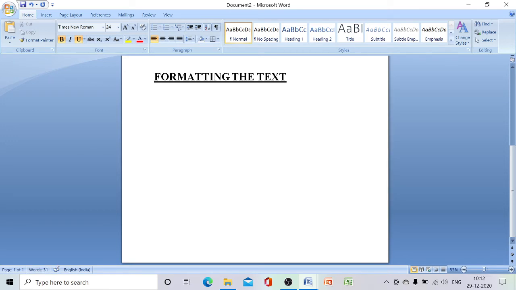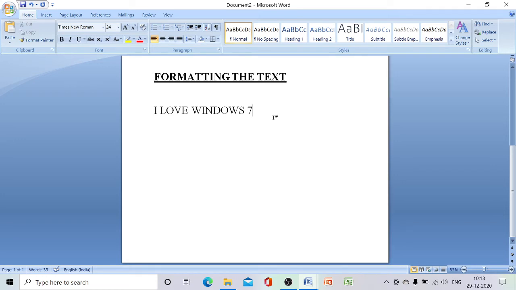So in the same way, let us write I love Windows 7. Here we have the underline option. Let us remove that. Here bold is on. Let me tell you one by one.